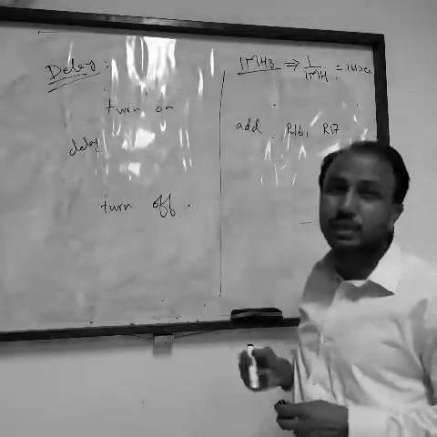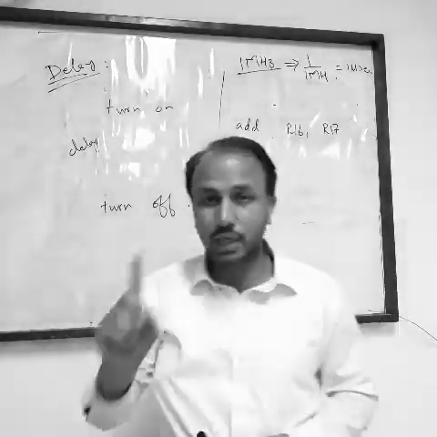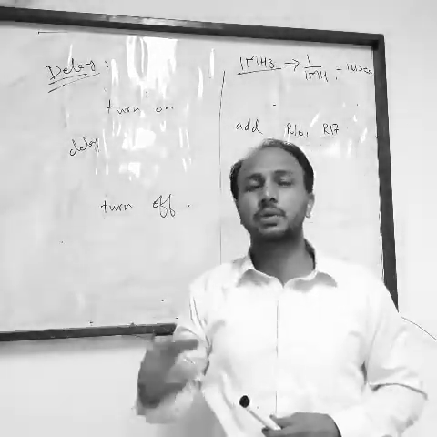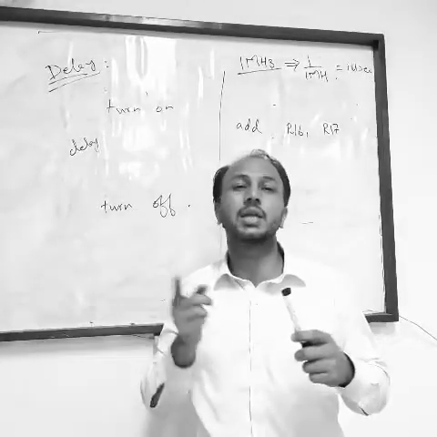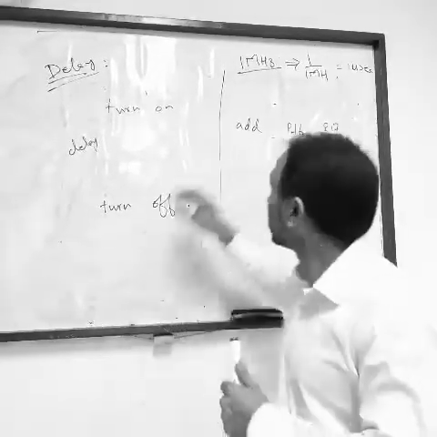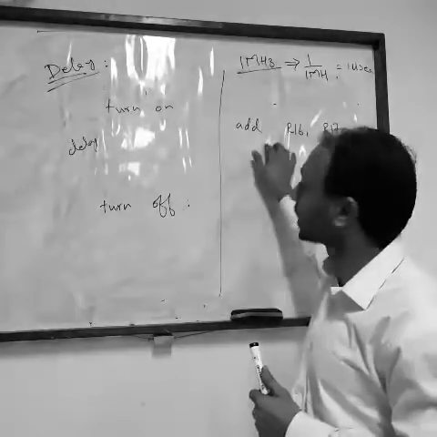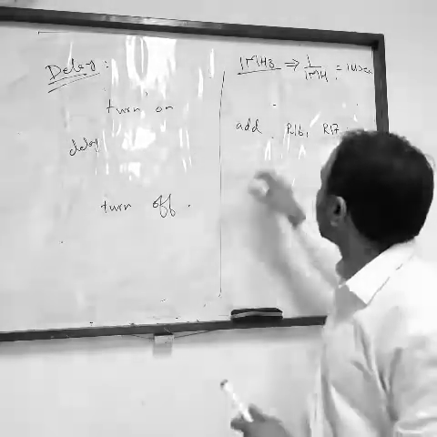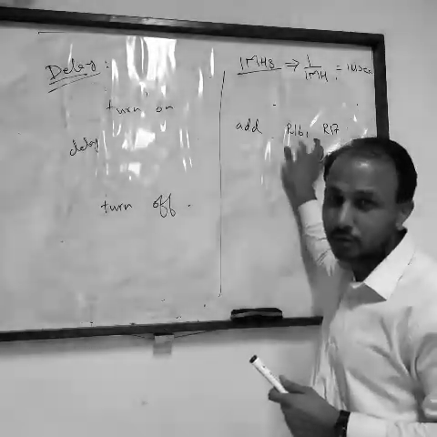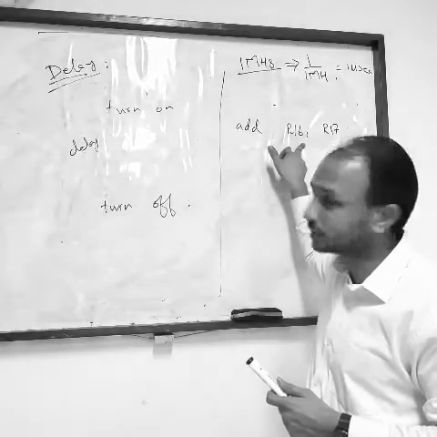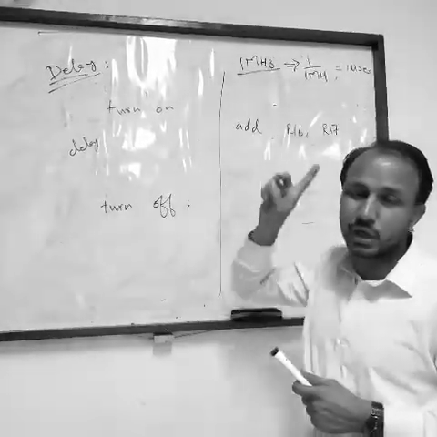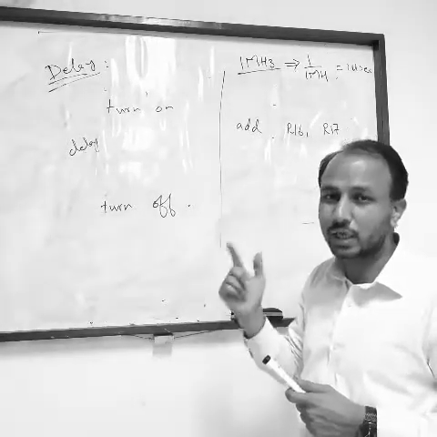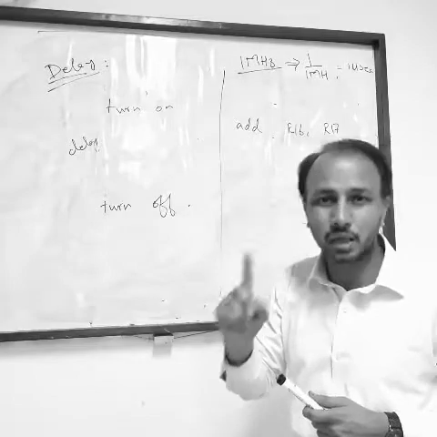So if this instruction takes one cycle, in AVR it takes one cycle, maybe in some other processor it takes 2 cycles. So understanding an architecture is very important. In most processors it will take 1 cycle. It will add two 8-bit values, R16 and R17, store the result in R16, and take 1 clock cycle, and that 1 clock cycle is equal to 1 microsecond if our clock is 1 megahertz.